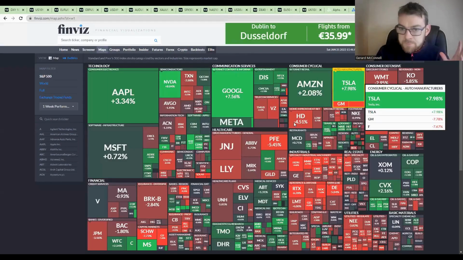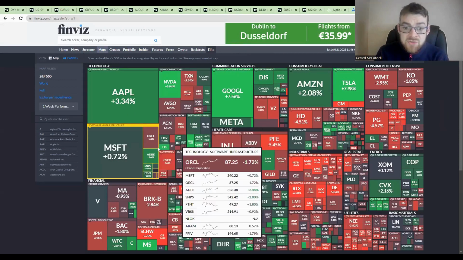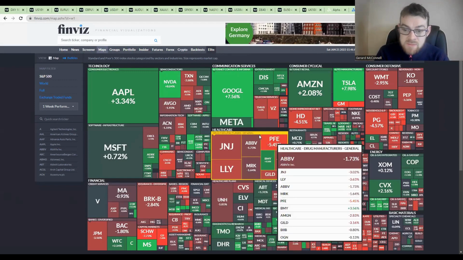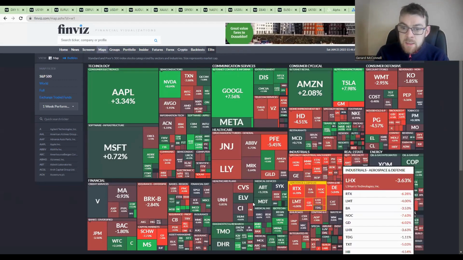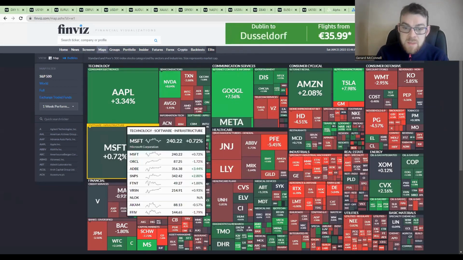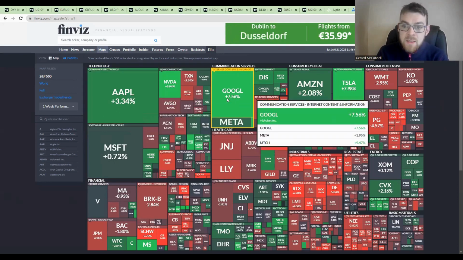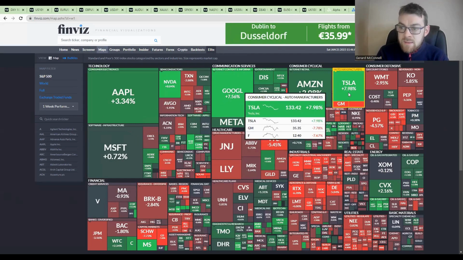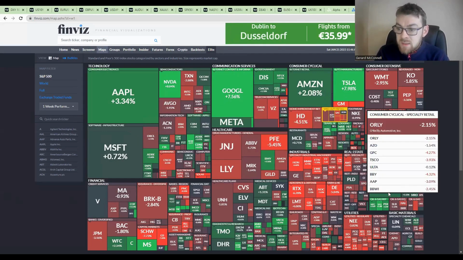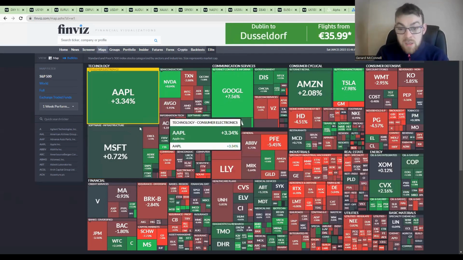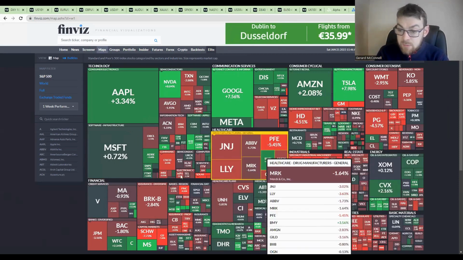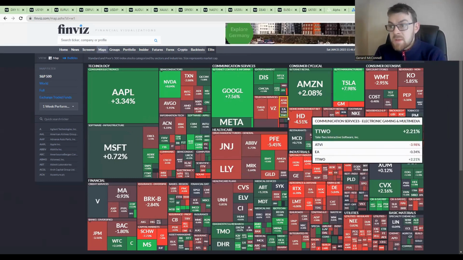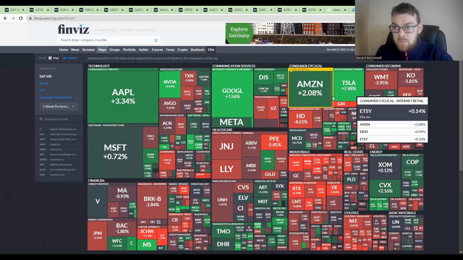Now, the last website is FinViz, and that just looks at the intraday weekly performance of the market. If we look at the US markets last week, broadly speaking, the markets were down with the exceptions of maybe half a dozen stocks. Apple had a good week, Google had a good week, Amazon had a good week, Tesla in the top right also had a good week. Some of the energy stocks had a good week, but the vast majority, as you can see, probably 60-70% of the stocks have been down for the week. So that's obviously going to retrospectively factor back into the performance in the markets as well.